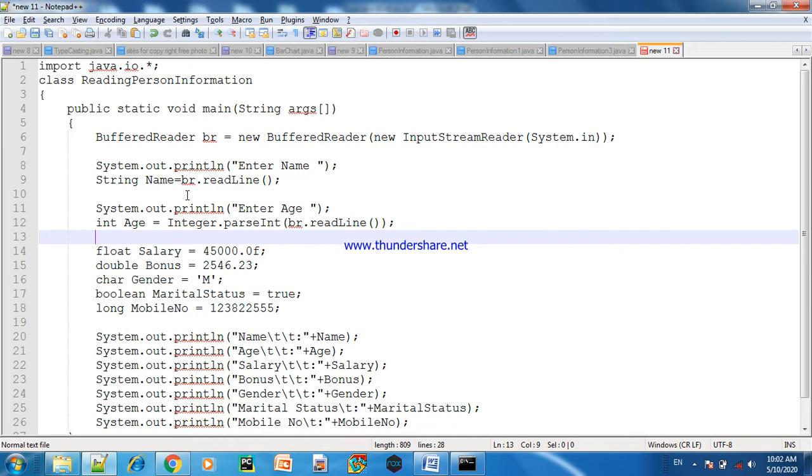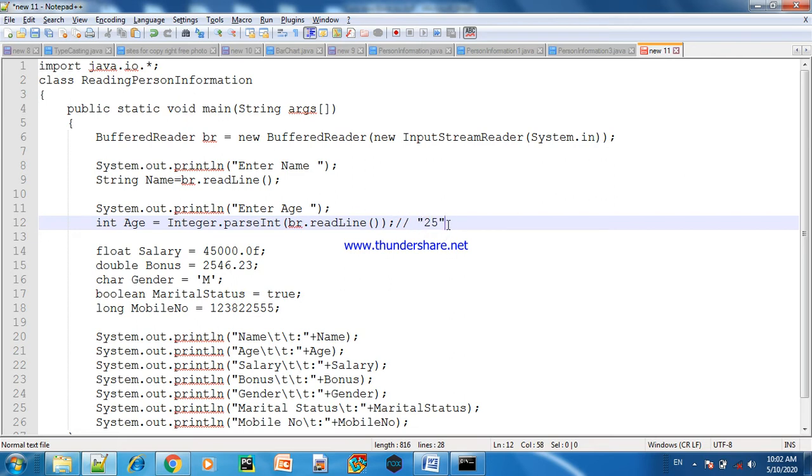Why do I write Integer.parseInt? Actually br.readLine is a function which always reads data in the format of string. Means if I write 25, it will be in the format of string, and we are storing this in an integer, so the integer should be like this. To convert this data from this format to this format, we need a wrapper class. Integer is a wrapper class.